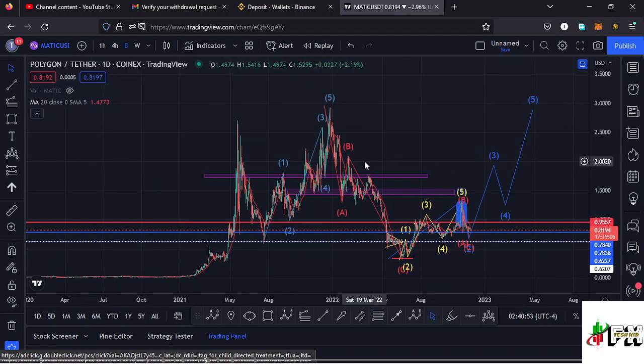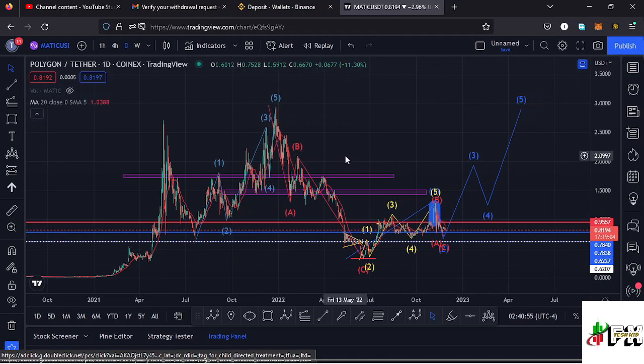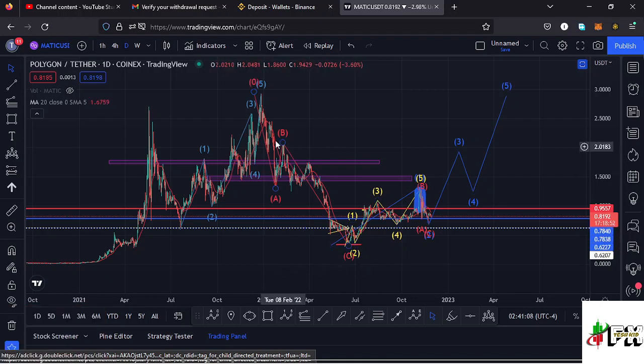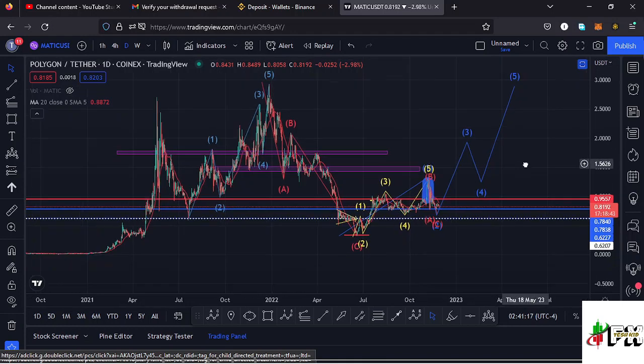I want to kickstart my analysis by giving a brief of what has been happening on this chart. Polygon Matic from the all-time high had been seeing lower prices in this massive ABC corrective structure, which took us back to around the $0.32 mark. Having seen that low, I believe it has done the minimum that we expected that ABC corrective structure to do, and soon we are going to see a very nice bounce to the upper side, obeying this Elliott wave structure, having our wave 5 taking us back to an all-time high in the